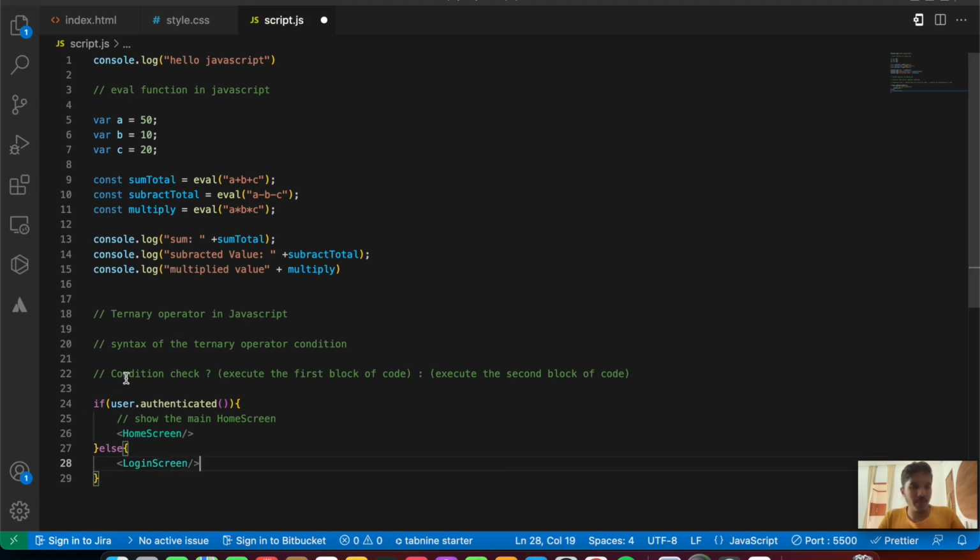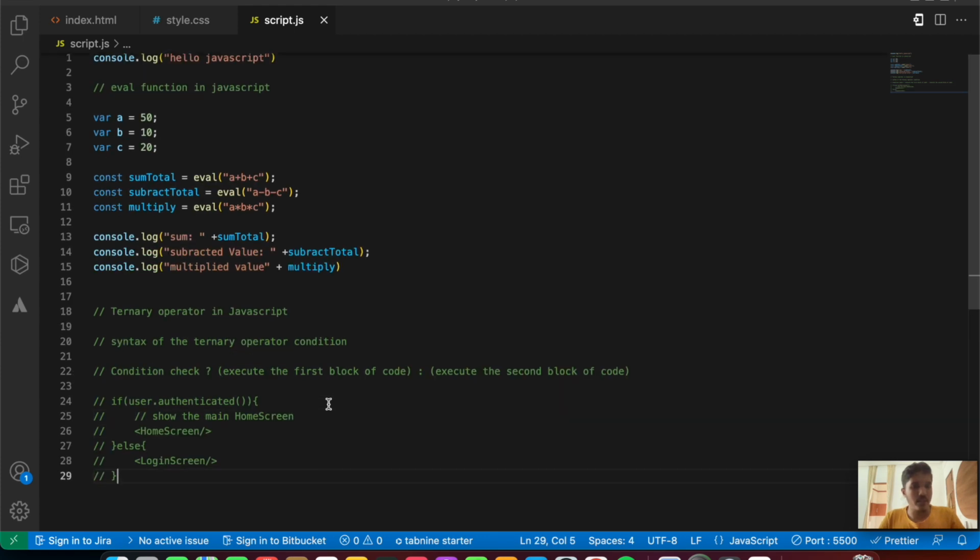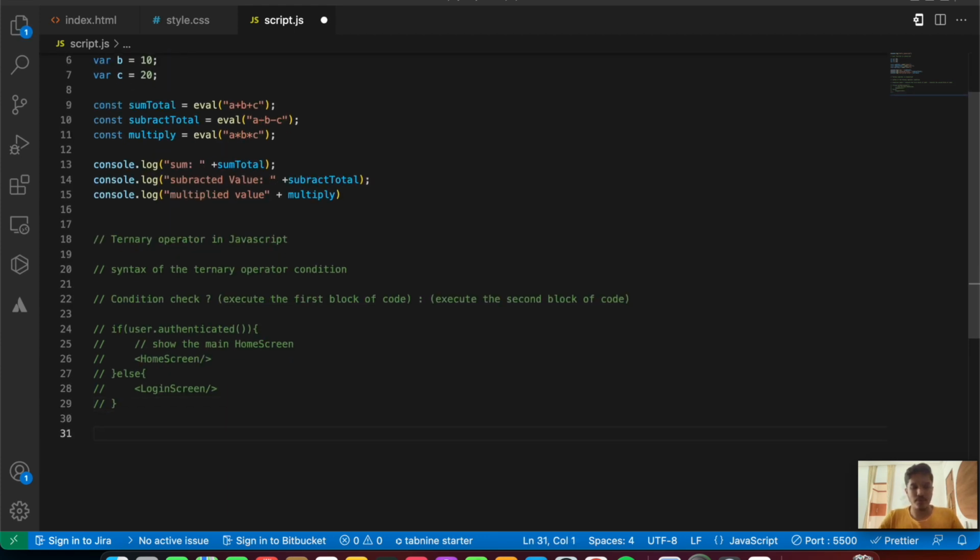Okay, so that's pretty much how this works with the help of the question mark and the colon. So that needs to be applied. Okay, so let's save the file once, and we'll be making use of, let's say, a ternary operator. So we're going to say const value equals true. Okay, so we're going to say if value,